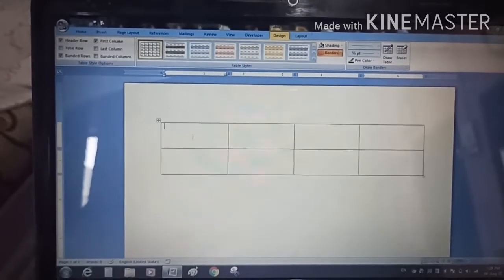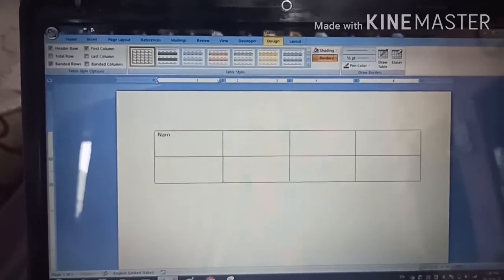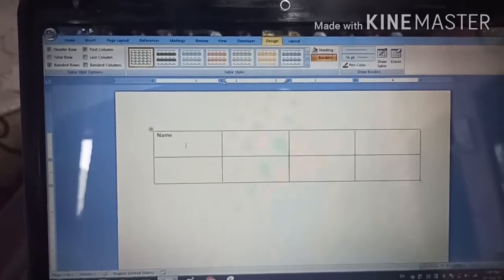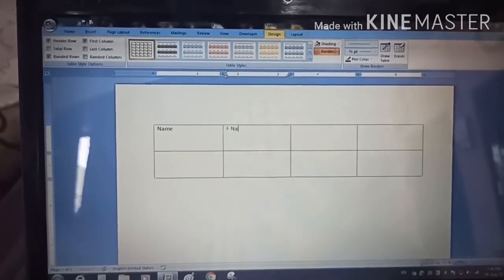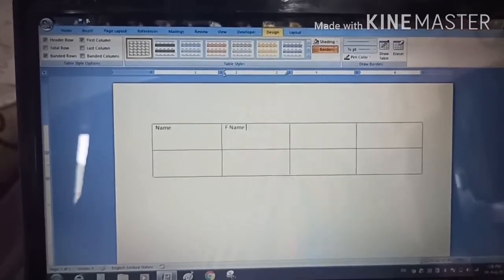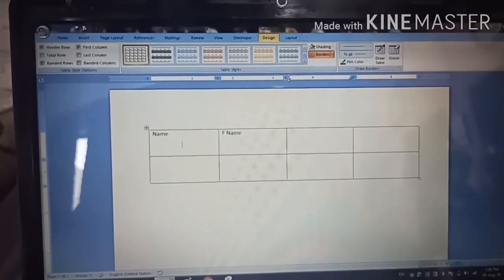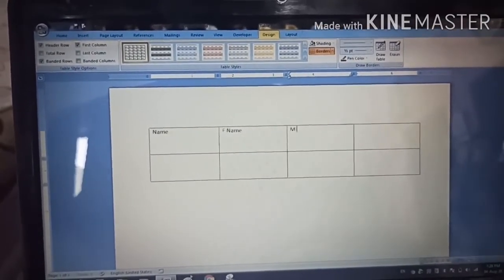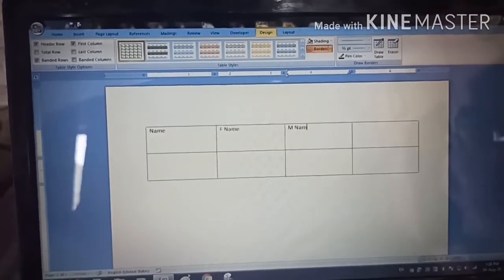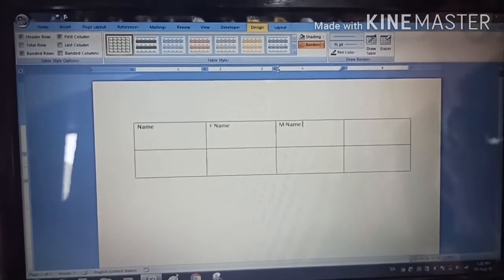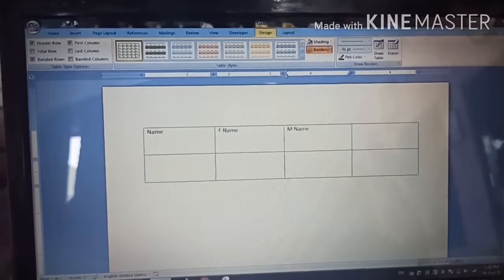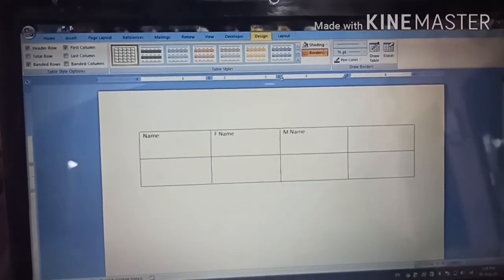So here in the first row we can write the headings, for example name, father name, mother name, or anything else, whatever you want to write. For example, I can write here phone number.